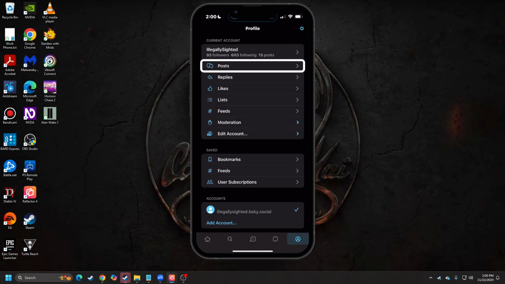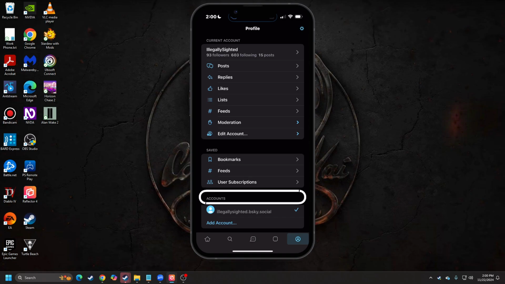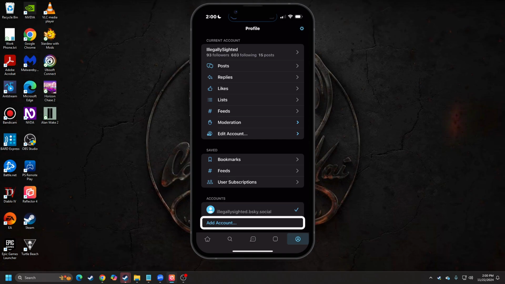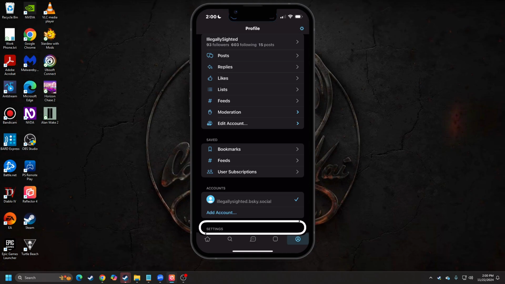Tab bar, your Profile tab. There are Posts, Replies, Likes, Lists, Feeds, Moderation, Edit account, Saved, Bookmarks, Feeds, and User subscription accounts headings. I haven't done anything with feeds or bookmarks or custom stuff with that yet. Add account, Ellipsis, Settings. But I can add an account. If I go into settings here,